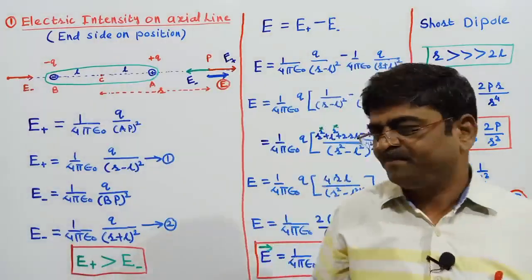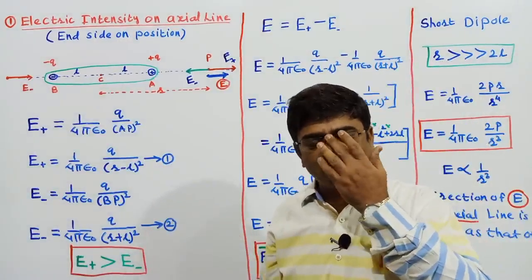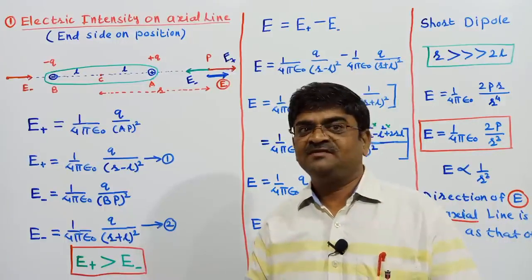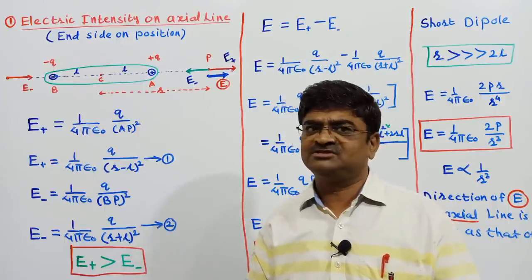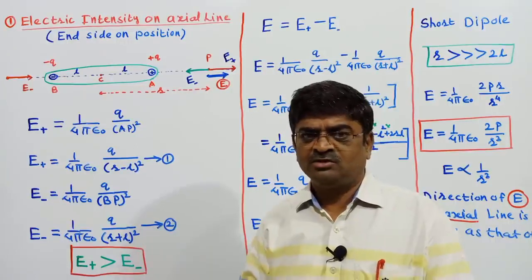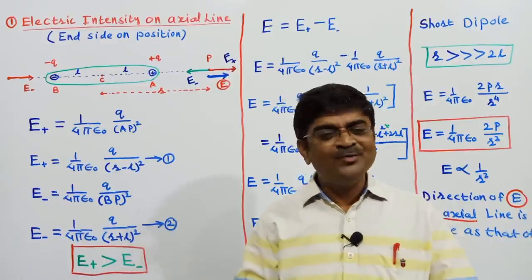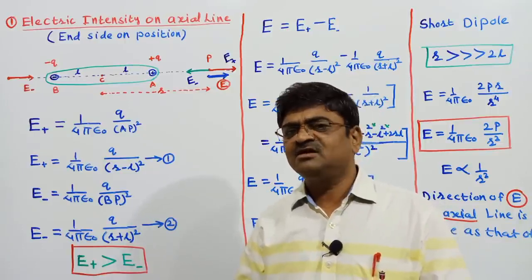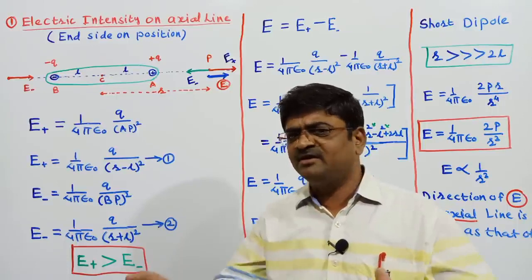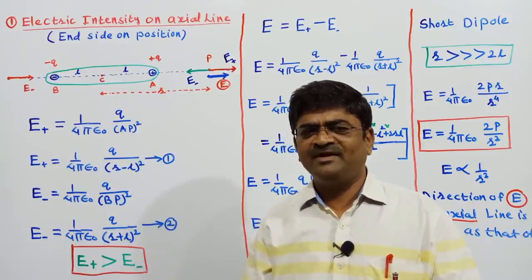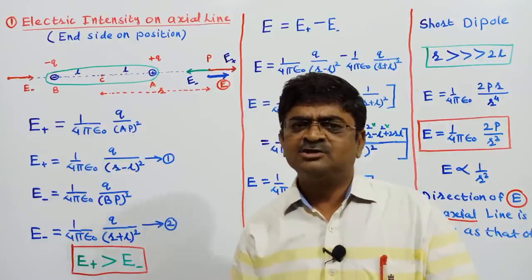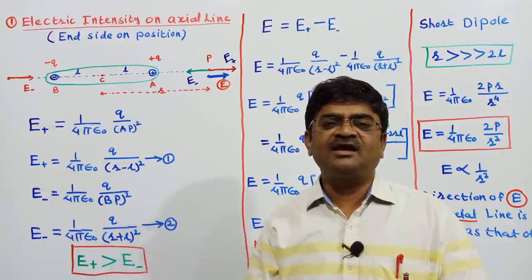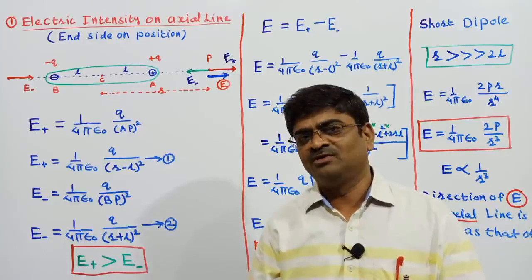Okay, children. Now after this, next we will have to go with electric intensity on equatorial line of the dipole. Even that derivation takes 15 to 20 minutes and then followed by one more. So if I start now, whatever 1 or 2 minutes are left won't be sufficient to cover it. And derivations are always advisable to complete in continuity. It cannot be part in one class, part in another. So I'll stop here, and in tomorrow's class I can continue with electric intensity on equatorial line of the dipole. So till then, goodbye.